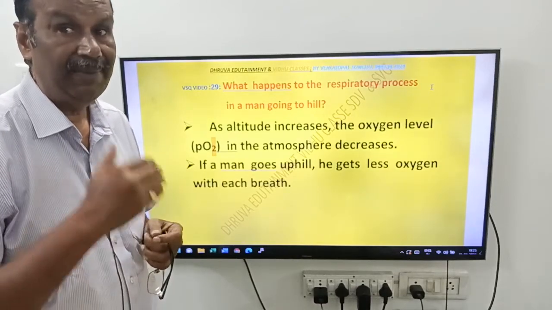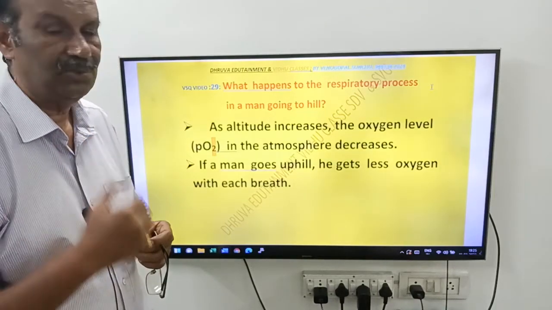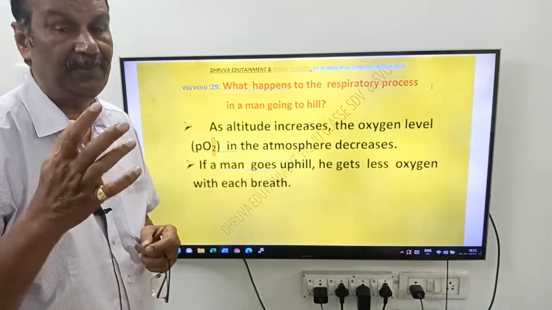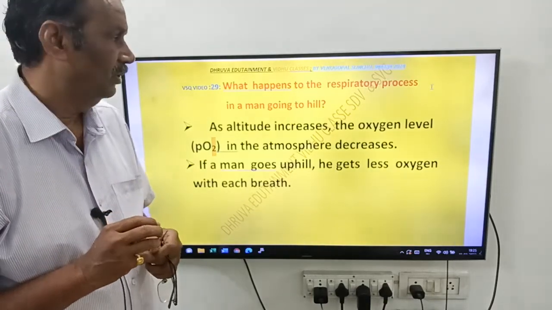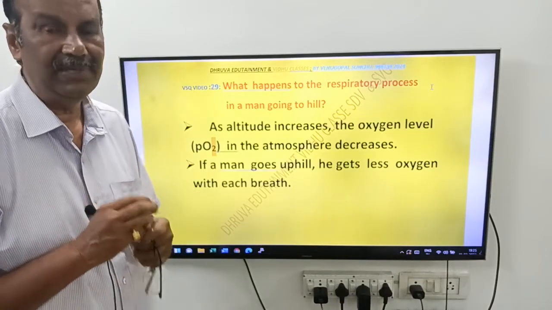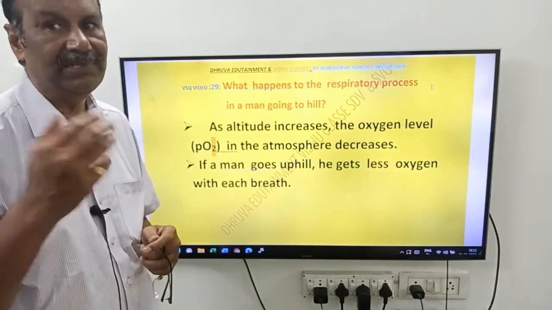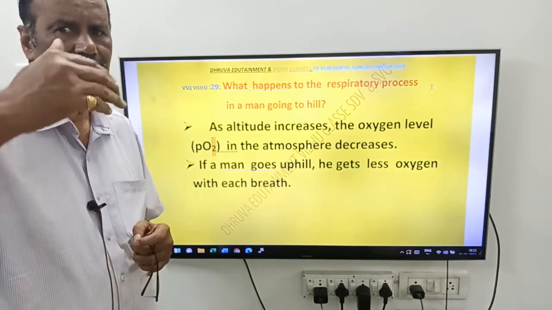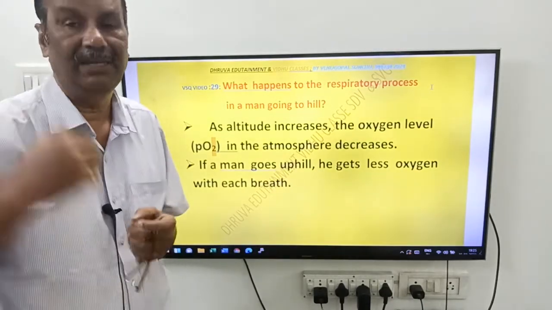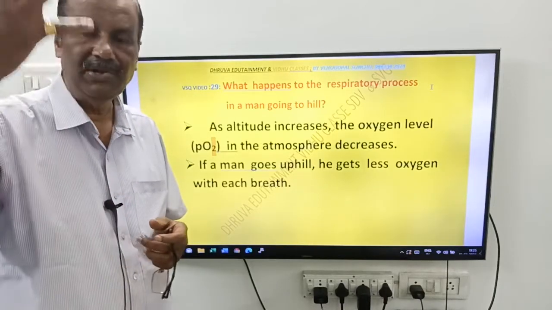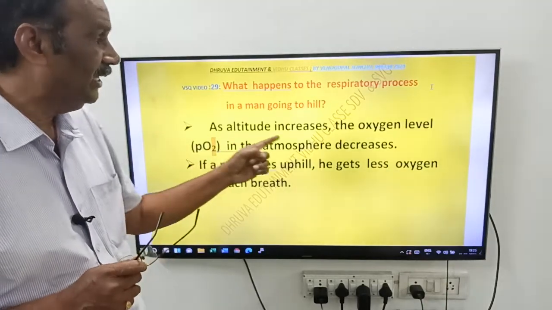Friends, if a man goes to a hill, what are the respiratory processes? What happens to him in the respiratory process? You have to explain, friends. First, you have to know what the oxygen content of the hilly areas is. See, friends, when you move towards the upper areas of the hill, the oxygen content decreases. So, friends, here you see, as altitude increases,